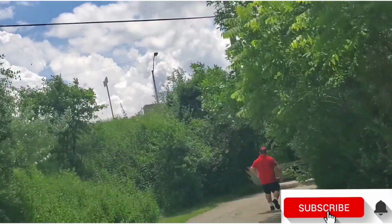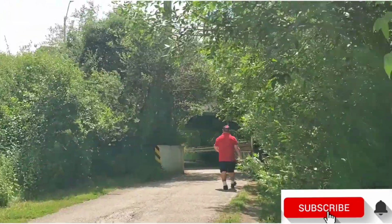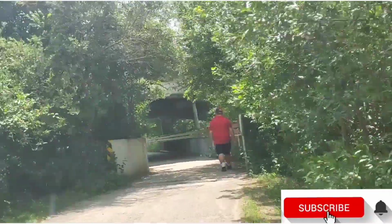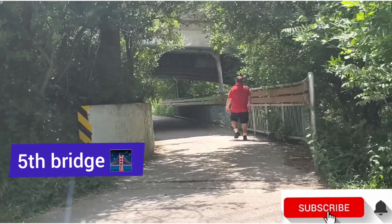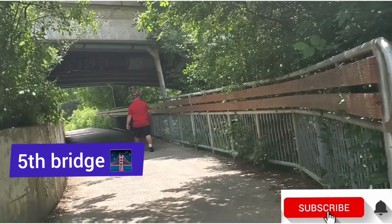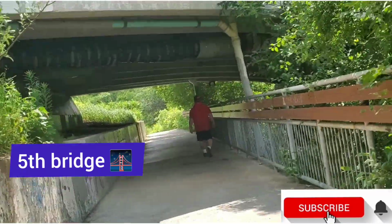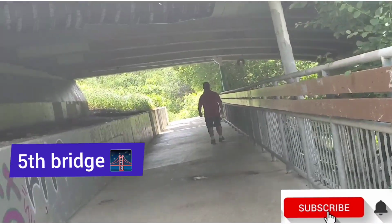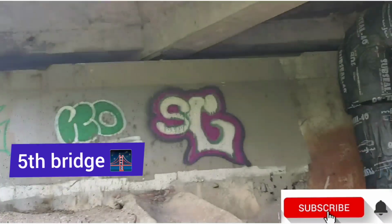There. Pagod na. There's a nice view here. Yeah, under the bridge again. Lots of riding, lots of...